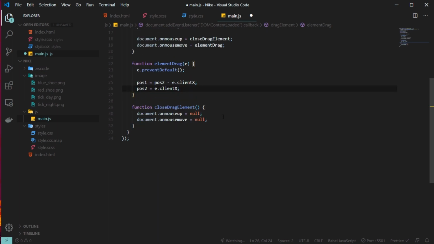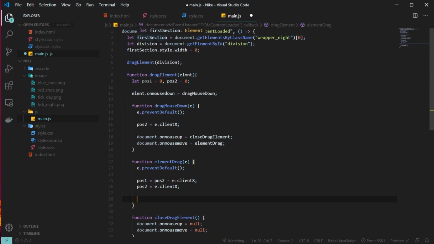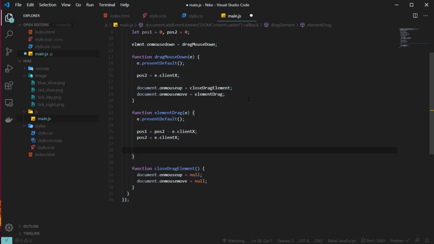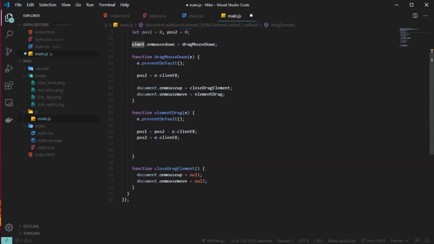and it will tell by how much we have moved. And I will set position 2 to e.clientX, so in order to set position 2 to the current value of clientX. Now for that element, we can define by how much it has moved from the left. So for that I will simply set element.style.left is equal to